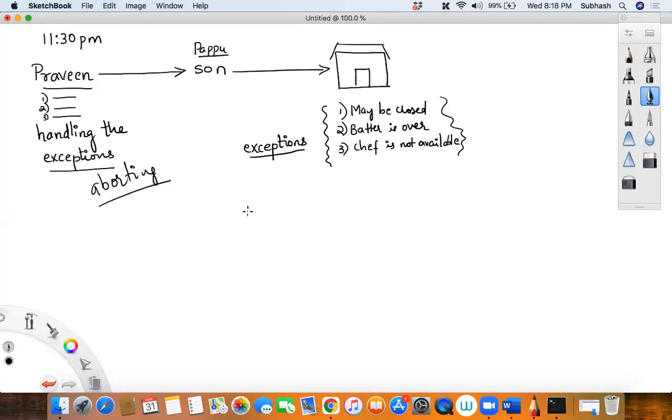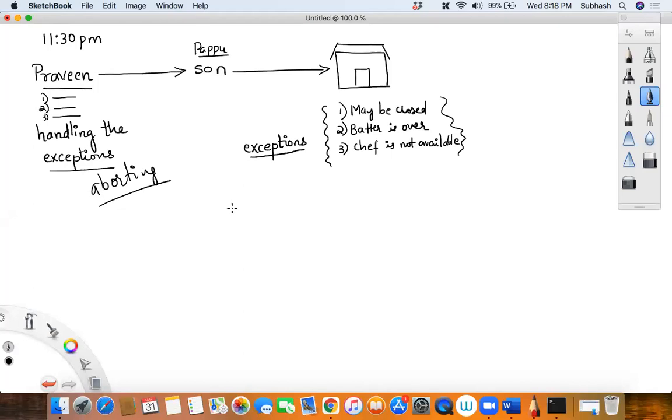Now assume that you go to your ATM kiosk and swipe your ATM card, and you enter a wrong password. When you swipe your ATM card in the ATM kiosk, what does it ask for? It will ask you for the PIN, isn't it? It will ask you for the password or the PIN, right? So what if you enter the wrong password? What does it actually do? If you enter the wrong PIN, will it terminate the program completely?